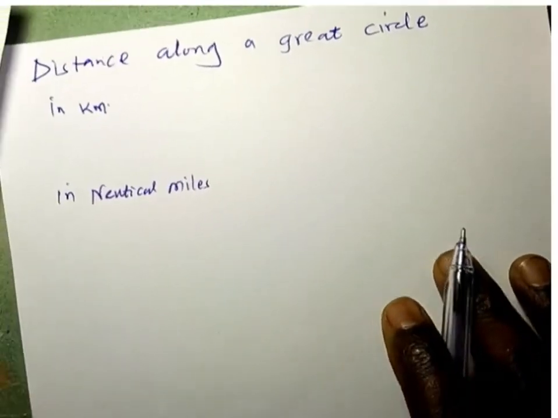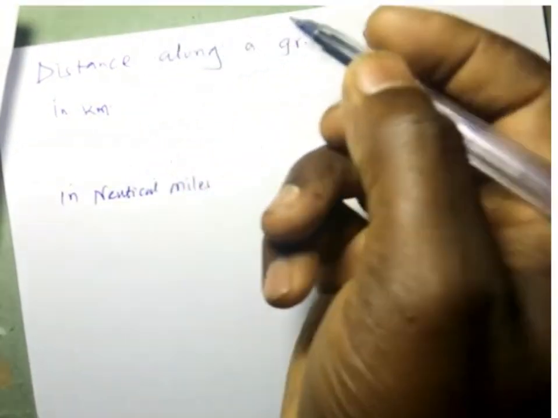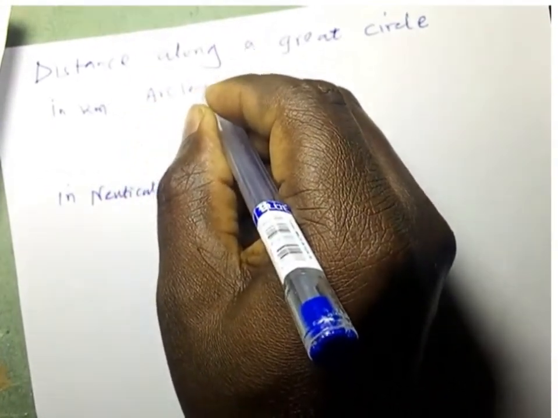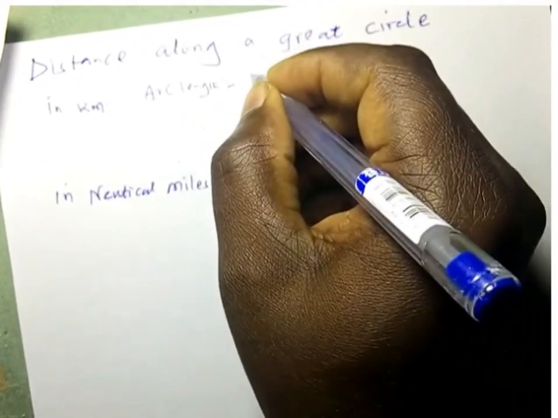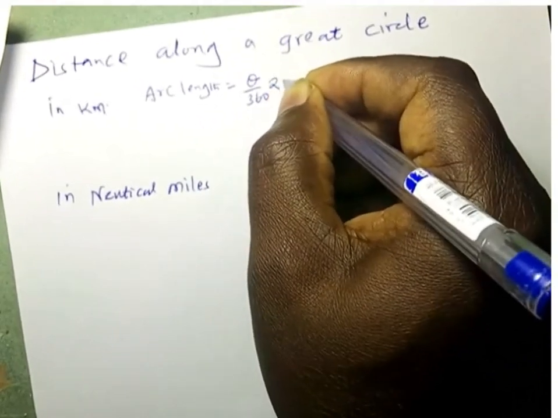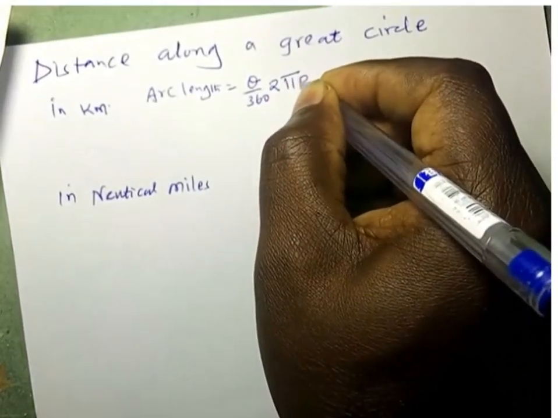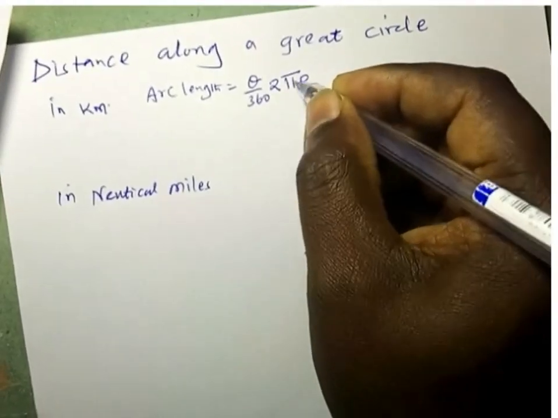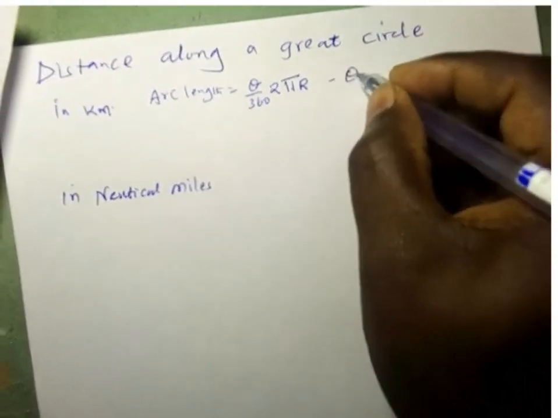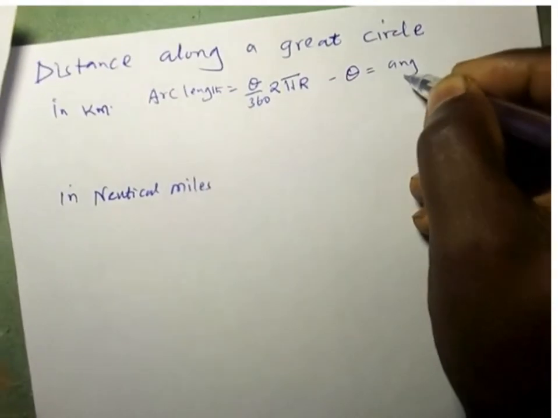We learned that in Form 1, even Form 2. Arc length is given by theta over 360 times 2 pi r, where r is the radius. Theta is the angle